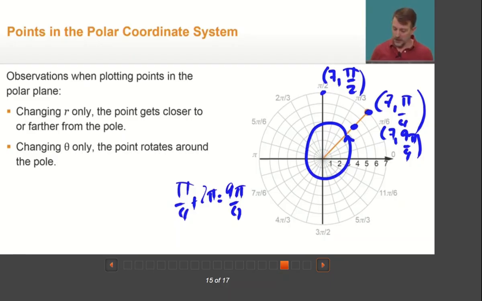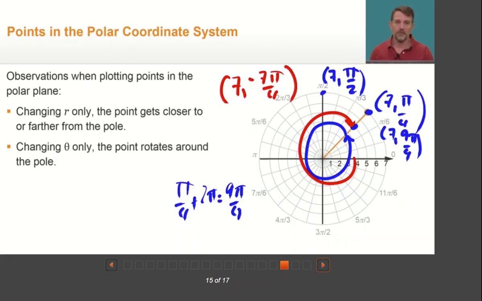If we rotate the other direction, we're looking at (7, negative 7 pi over 4). Or really any point in the form (7, pi over 4 plus 2 pi times n), where n is